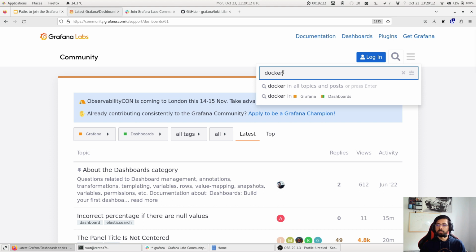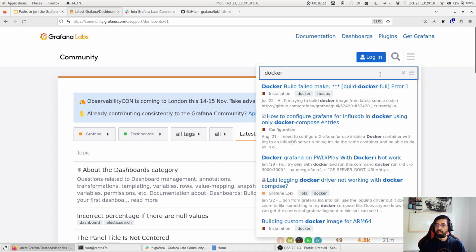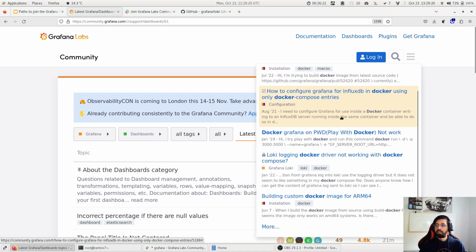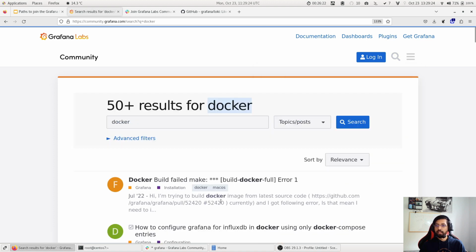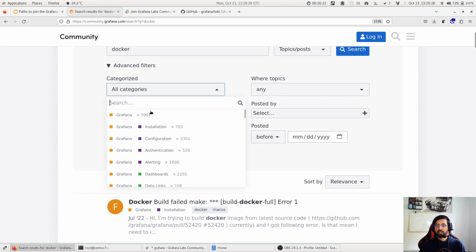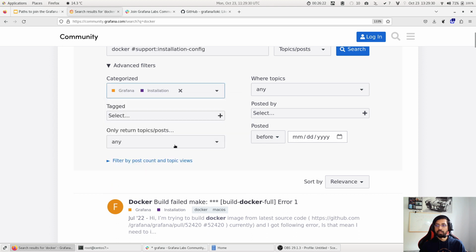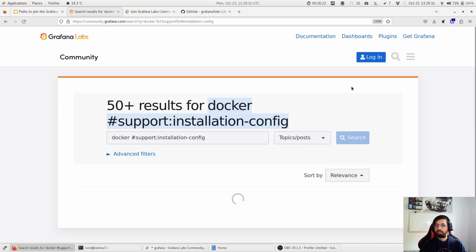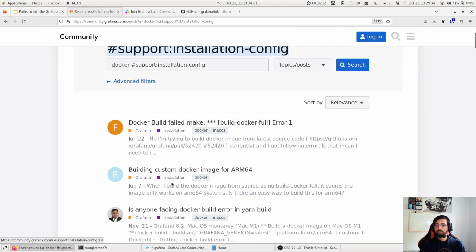So, you search for Docker here in the search bar, type Docker, and then press enter. And then it will give you a list of options. But if you don't find anything here, you can click on more, and go in advanced, select the category as installation, and then do the search. Now you will get all the questions from the installation category, and maybe you find the right option or post